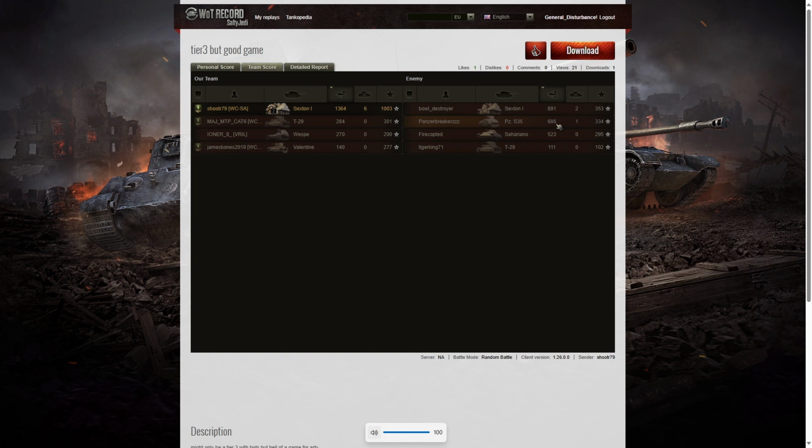Fünfunddreißig. Yes, trying to think of the 35 in German. He got 686 hit points of damage. When it came to kills, yes, he got 6 kills in that game of Top Gun. The next highest score was the other Sexton, who managed 2 kills, and 1 kill went to the Panzer S 35. And yes, you can see his platoon mates in this one, which were Major MTP Cat 6 and James